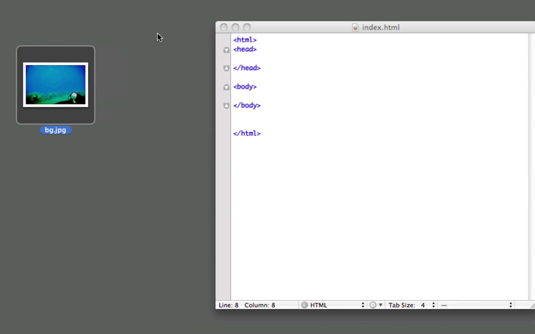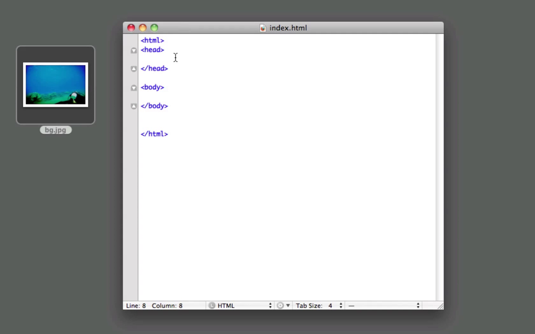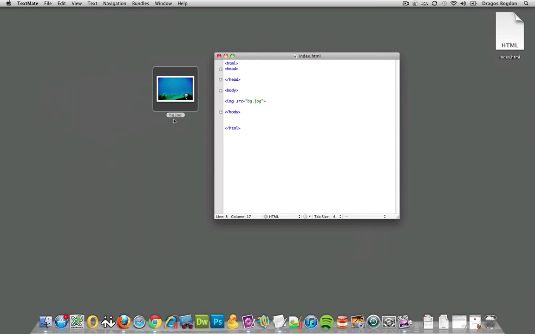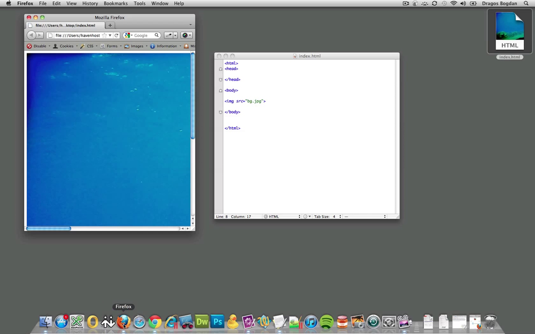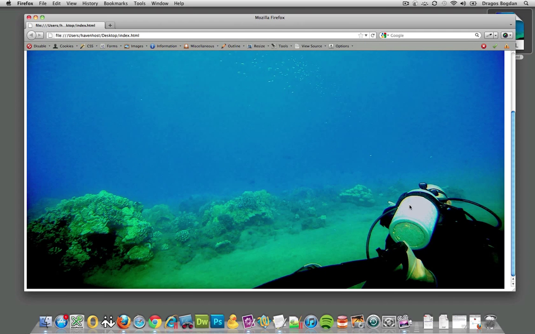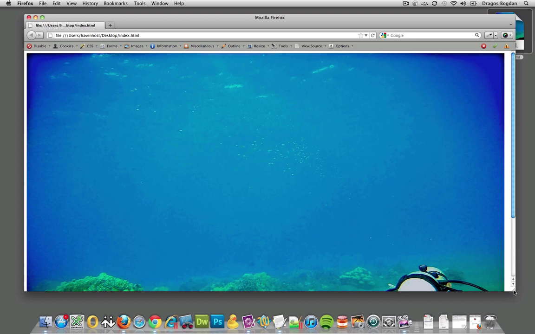So in this implementation, we actually add the image into the HTML. To add an image into HTML, we use the img tag, and then we need to put the source attribute on there. We got quotes, and the source is bg.jpg. Let's save this, and let's look at what our document looks like now. So there you go. It has the whole image set up in there,